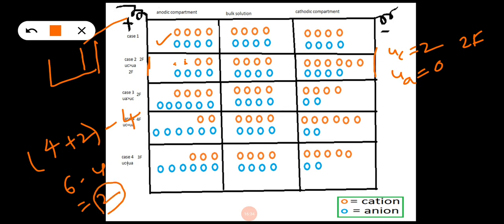The difference in the concentration is 2, or the increase is only 4, and it is not as expected because some of the cations, that is 2 cations, are moving out of the anodic compartment. If the cations had not moved out of the compartment, the increase would have been 6. So this difference arises because cations are moving simultaneously when anions are coming into the anodic compartment.